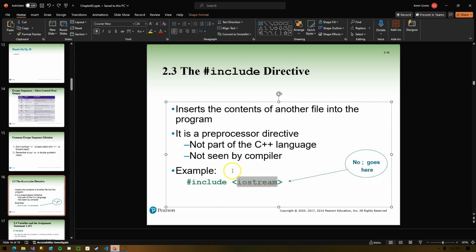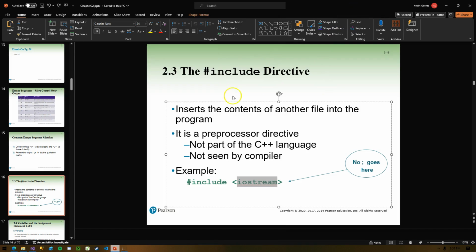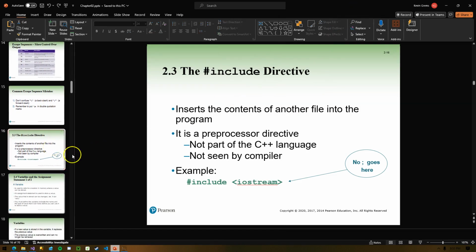We're going to see later on in the semester we can actually include our own files into the program. So we're going to create programs that span multiple files. In your own programming and other courses, you've probably only dealt with programs that are a single file. In other words, just a single CPP file. But I mentioned this header files folder, resources, source files. There can be multiple tens or hundreds of external programs, separate programs inside of these folders that we can actually pull into our programs and use. Again, when we get into object-oriented programming, that'll make a little bit more sense. Make sure to note that there's no semicolon at the end of the include.